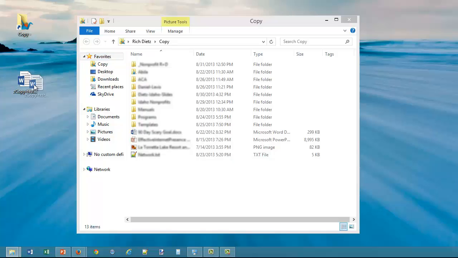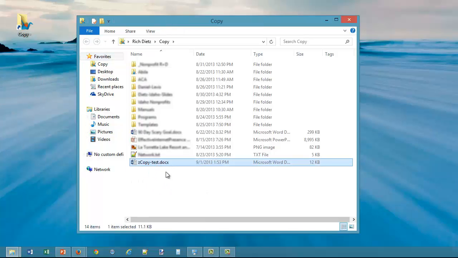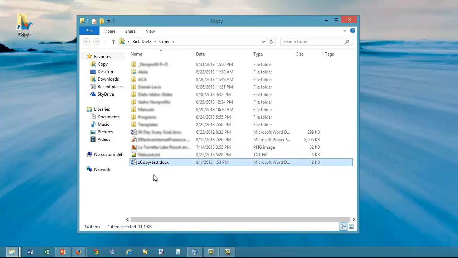I can just drag any file I want, like this test file here, drag it over to my Copy folder, and boom, it is now in the Copy folder being backed up to the cloud, but it's also here on my local desktop. As you can see, it disappeared from this section. So it's not like we're going to have multiple copies of our files all over the place and not know which one is the latest version. There is really only one copy. If I bring that back out to my computer, it takes it out of my Copy folder. I bring it back here. So it works just like any other folder on your drive, which is really nice for version control.